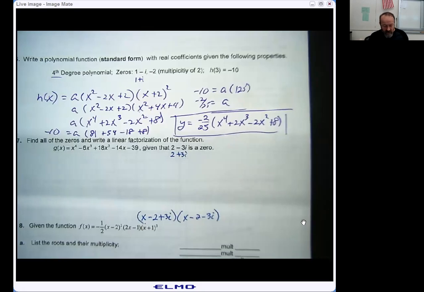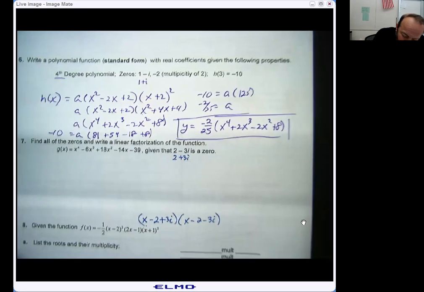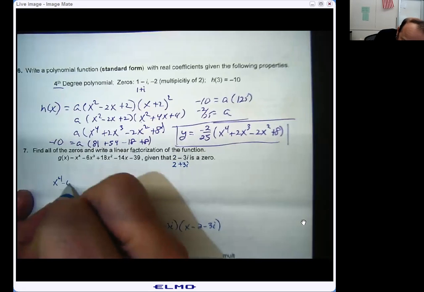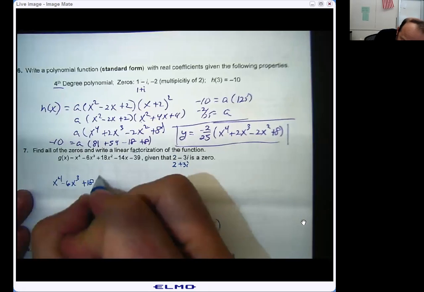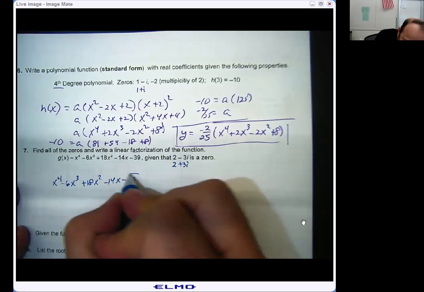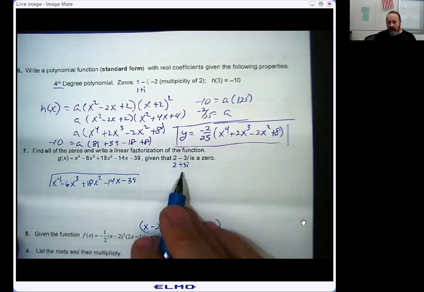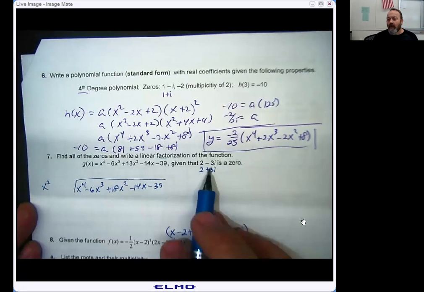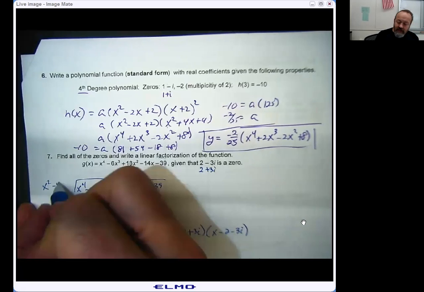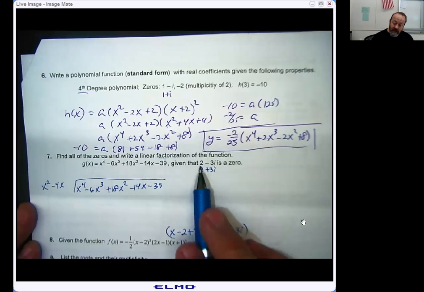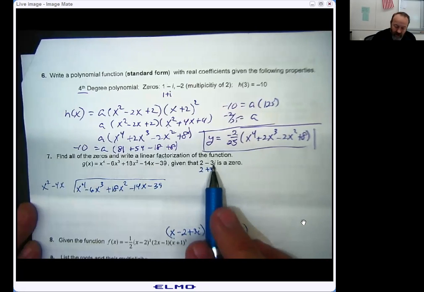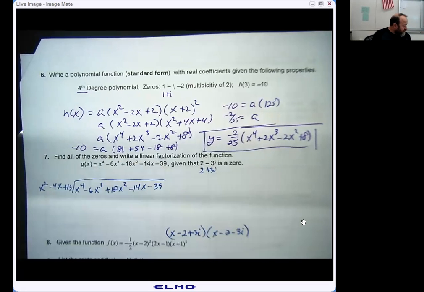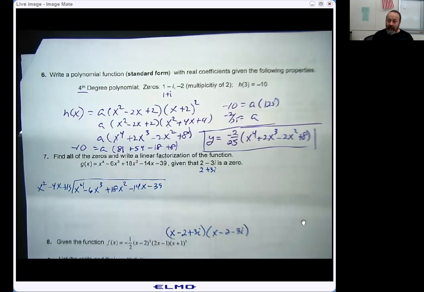Now, we had two options on how we played this game that we did in class. One of the ways that we did this in class is we took the original polynomial right here, and since we knew that the problem was divisible by both of these, if I could turn this into a simple quadratic, x squared, remember when we add those together we get 4 because the i's would cancel, and so we did a minus 4x. And then, of course, if we square both of those coefficients, which are 4 and 9, we get 13. Now, if we take the time to go through this process and divide each of those out, remember,